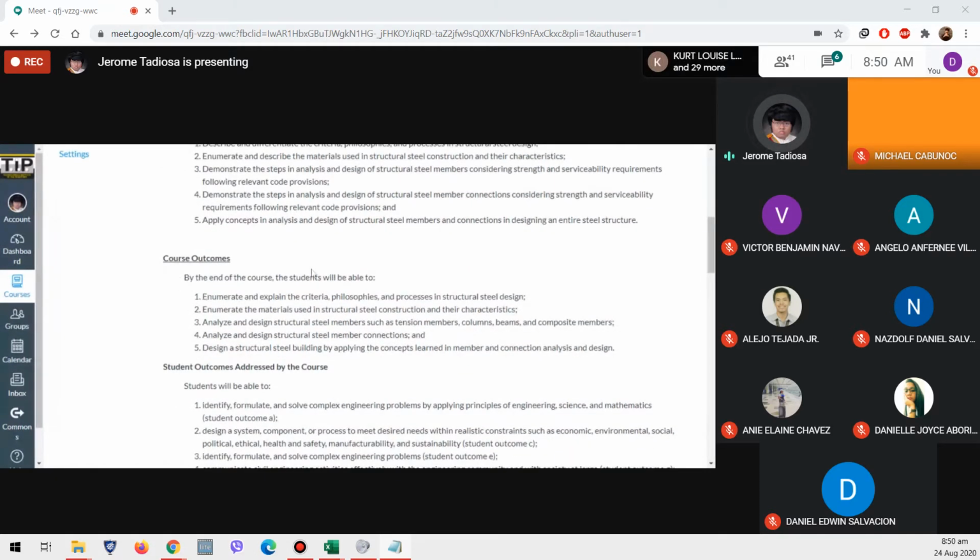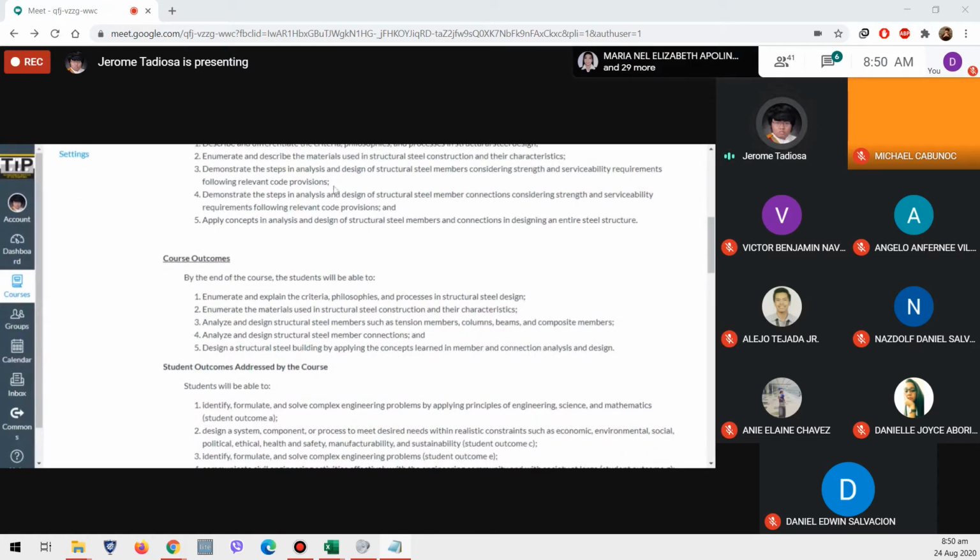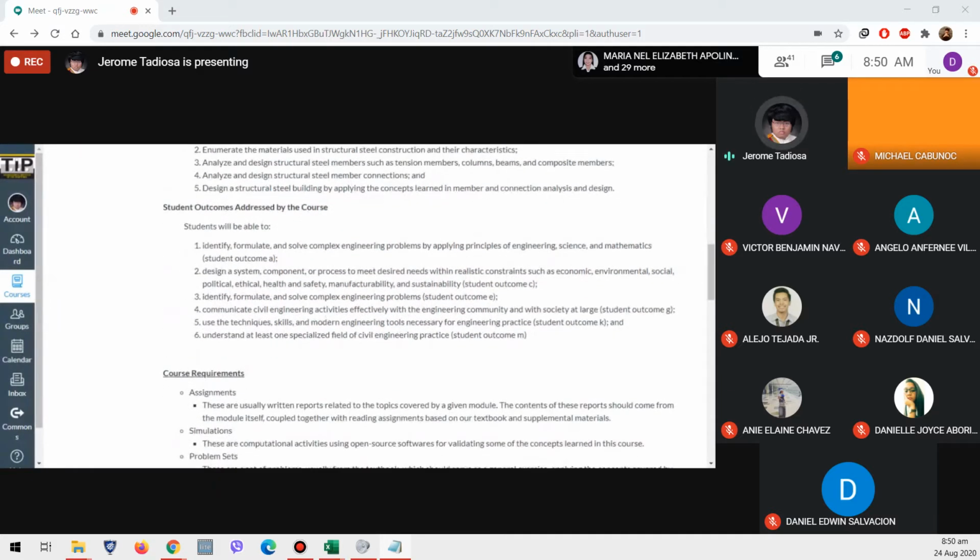Course outcomes. Well, it just reflects the course objectives. So the perspective is just different. So I will not discuss this further. Student outcomes. So this is in line with the ABET student outcomes. As we know, our school is ABET accredited, so it is required that our courses must have their student outcomes aligned with ABET student outcomes. Okay,